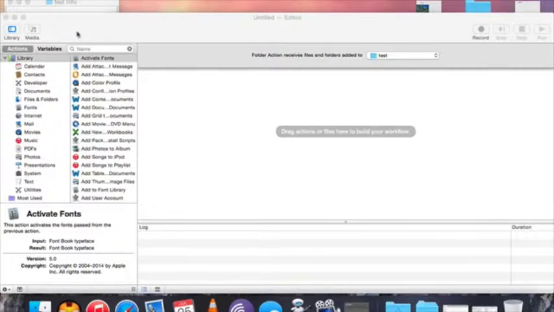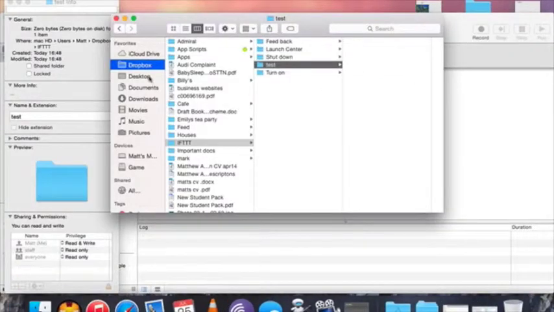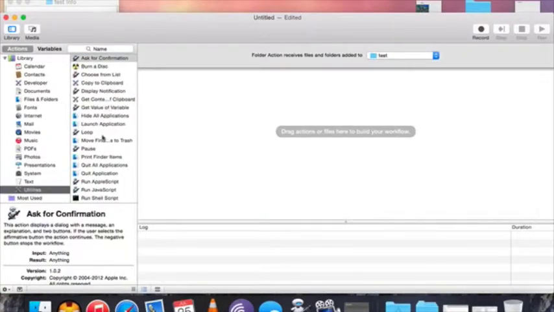So using Automator, which is this here, you'll notice that I'm using the new Mac OS X, but this will still work. What we're doing is first of all setting the Automator action to look for this file. This is a file called test. Now, this is a Dropbox file called test. Cool. So really easy. The first bit is a simple AppleScript,